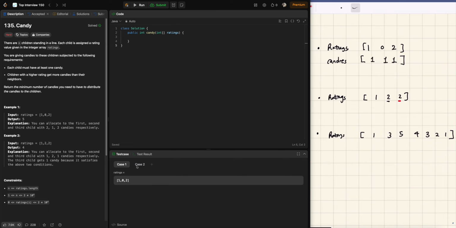And if the value of the rating is greater than the neighboring one, we have to give one more candy. So because 1 is greater than its neighbor, we have to give one more candy. When we look at the 0, it's smaller than the neighbors. And when we look at 2, it's greater than the neighbors, so we have to increment the candy by 1. So we do have 2, 1, 2 candies,